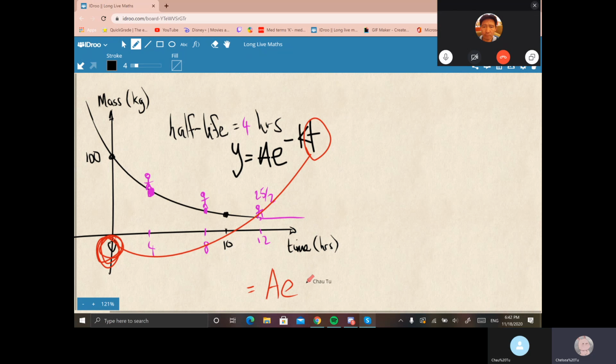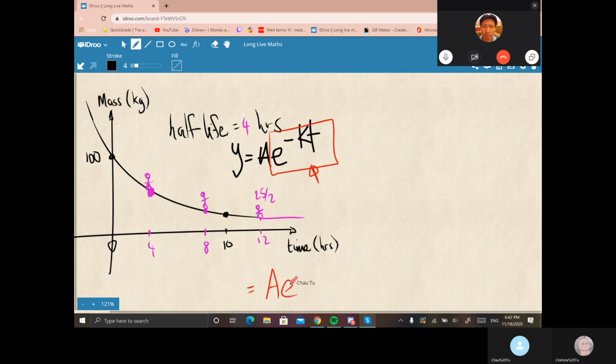Wait, why are we putting 0? Can we put 4 or 8 or 12? Does it matter? No, it doesn't matter. You're right, but why not use 0? 0 is easier. 0 is the easiest one because this whole block will become what? 1. When you put 0 into it, it becomes 1, and then 1 times a is just